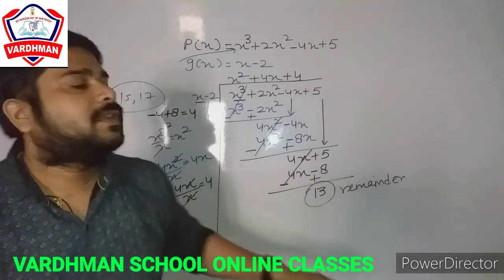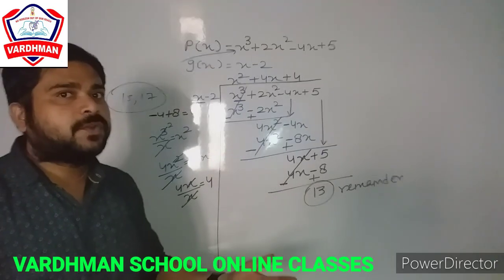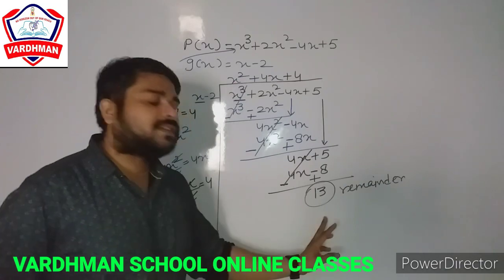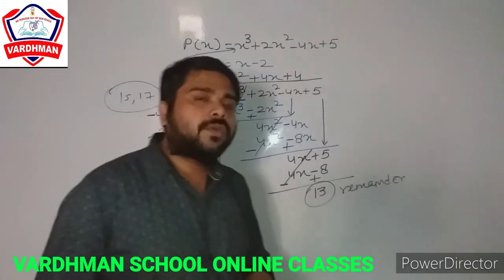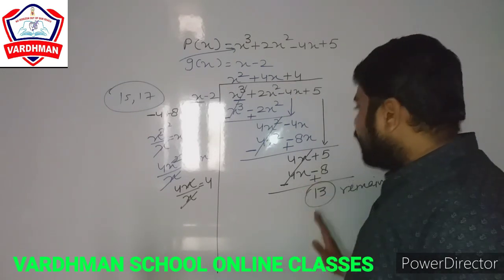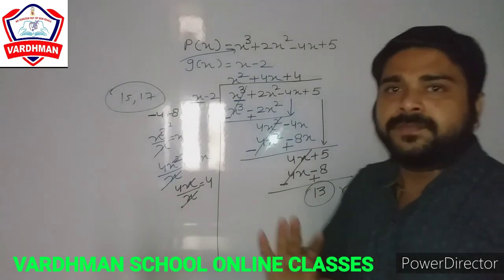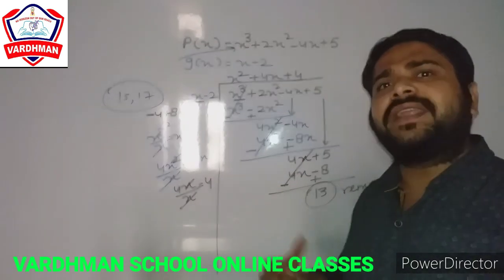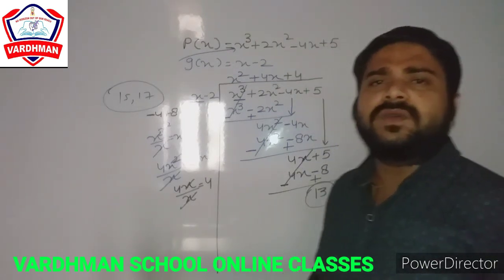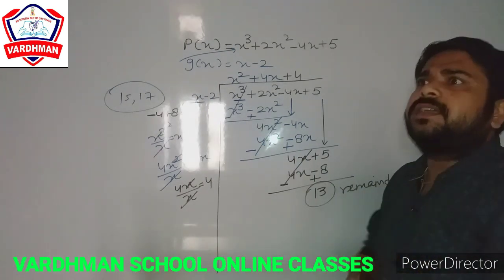This is your remainder. In the first method we put the value and find the remainder, that is also 13, and after the long division this one is also 13, so in both cases the remainder will be the same. अब आप कहोगे कि सर अगर रिमाइंडर सेम आएगा तो हम लोग ये मेथड क्यों करें, हम तो वही मेथड करेंगे, जनरल है, क्योंकि ये थोड़ा सा कॉम्प्लिकेटेड है, थोड़ा सा लंबा है, लेंथी है, दिमाग लगाना पड़ता है, उसमें इजीली जल्दी से हो जाएगा।